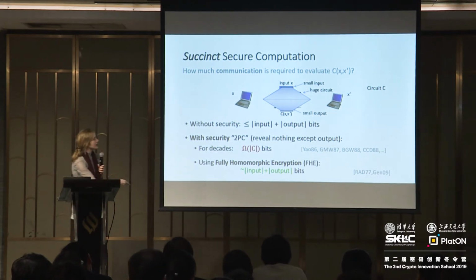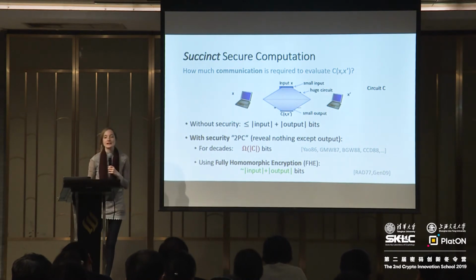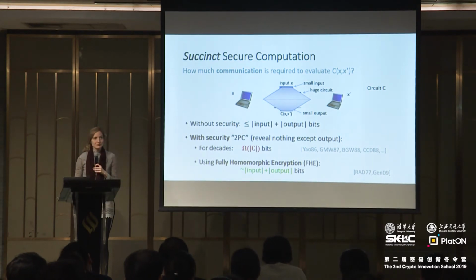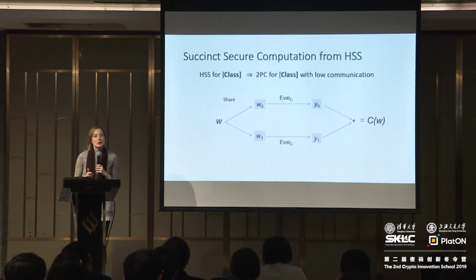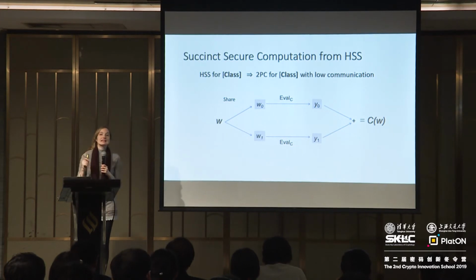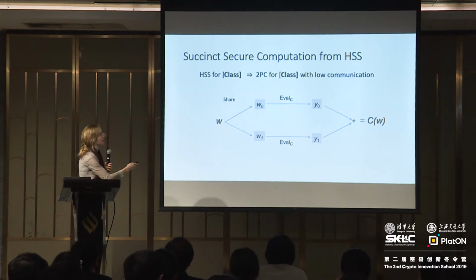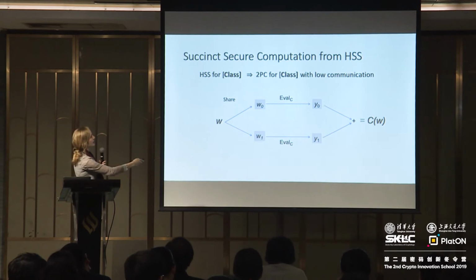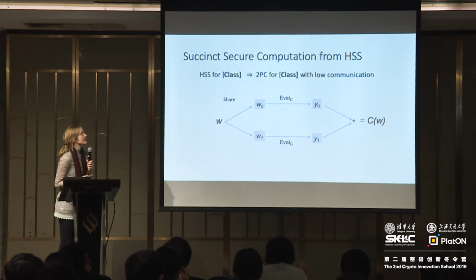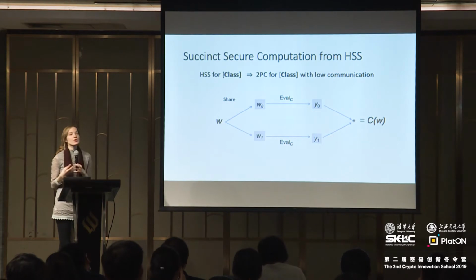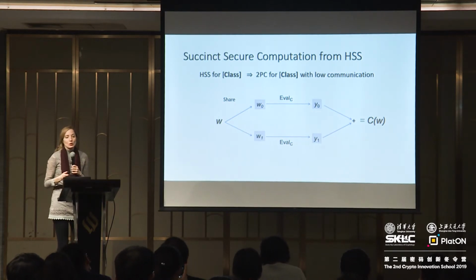So here, the communication complexity for the secure version also scales roughly as input plus output size. Okay, and this was sort of the state of affairs. So I want to show you that this is one of the instances where FHE may, in some sense, be an overkill. Let me show you how, if you have homomorphic secret sharing for some class of functions, this implies 2PC, which I'm using to represent two-party secure computation, for a comparable class of functions with low